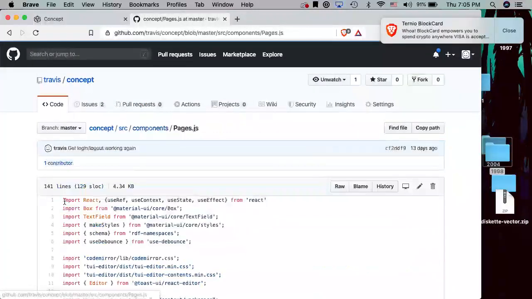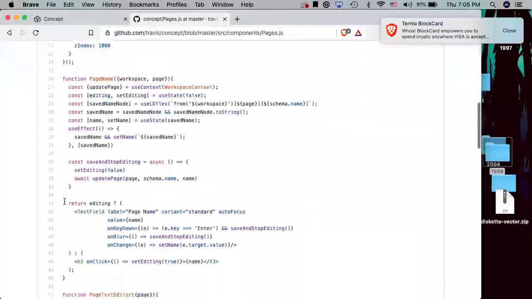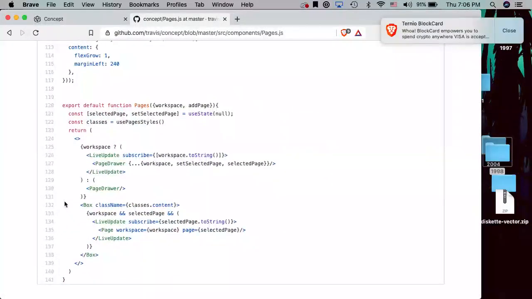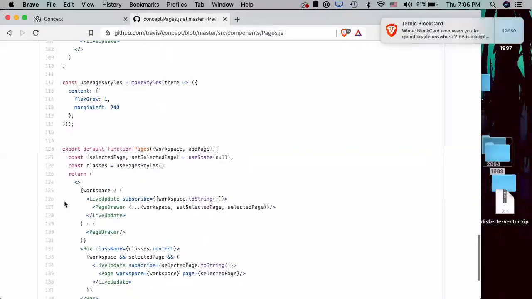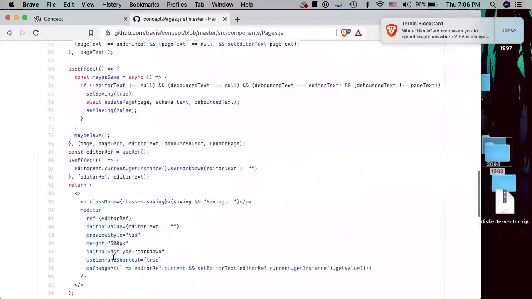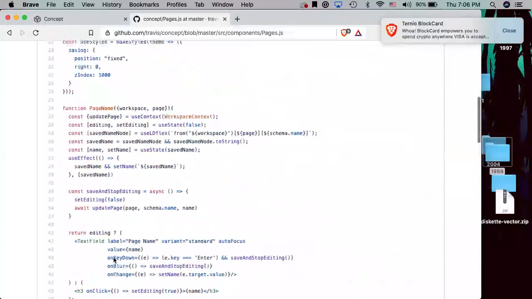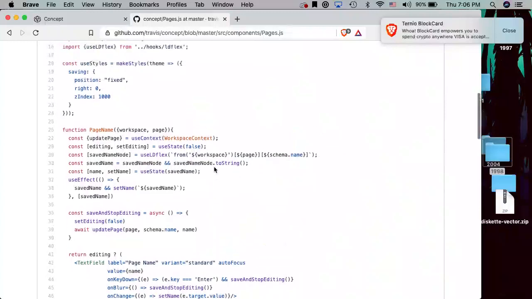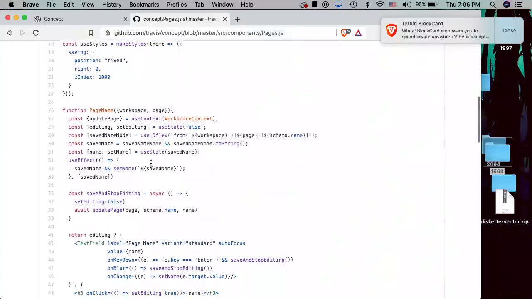And interesting stuff happens. And this is a Solid app. This is how it actually works. We have a page drawer. We have a set of pages that are written out here. We pull data in from a Solid pod here using a tool called LDFlex that lets us specify a path to the data within our pod. And we use LDFlex in sort of a similar way